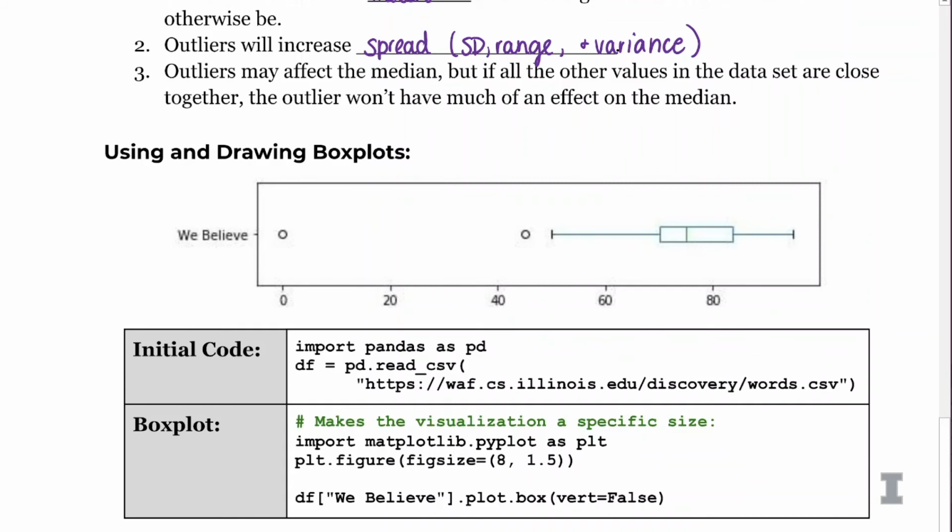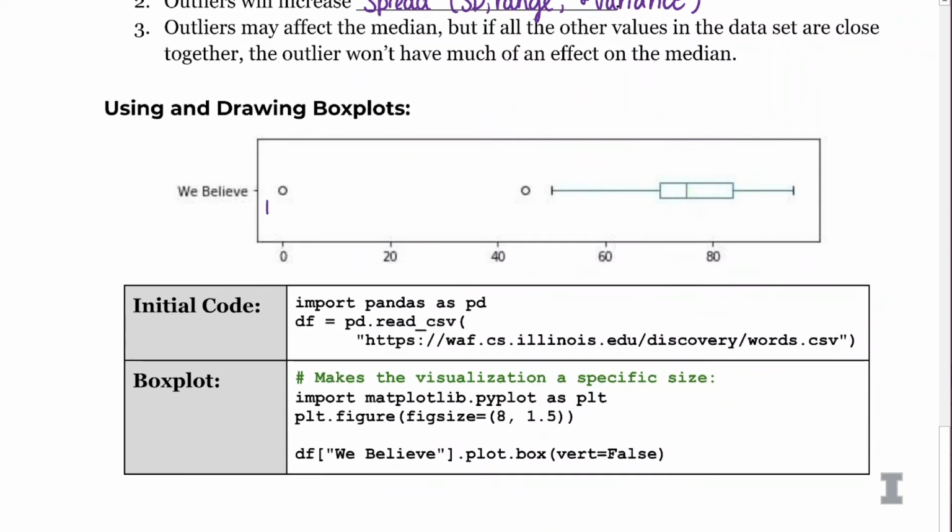And we actually have an example of a box plot that was created from Python here below. And we have the Python code, which Wade is going to talk about in a lot more detail in this series later. But I want to just look and see exactly what this is telling us. Looking at this box plot, I can see we have two low outliers. There's one at 0 and there's one just above 40. Remember, the outliers are the single dots. The box tells us our Q1, the bottom part of the box, Q2, the middle line, and then Q3, the top part of the box. So we know exactly what those values are, and we can see them represented here on this box plot.